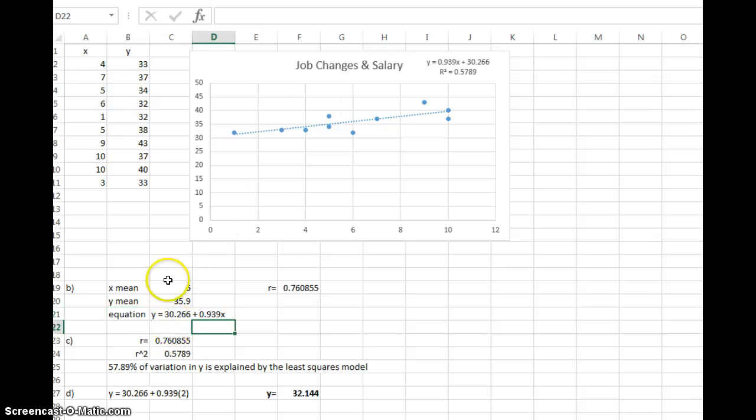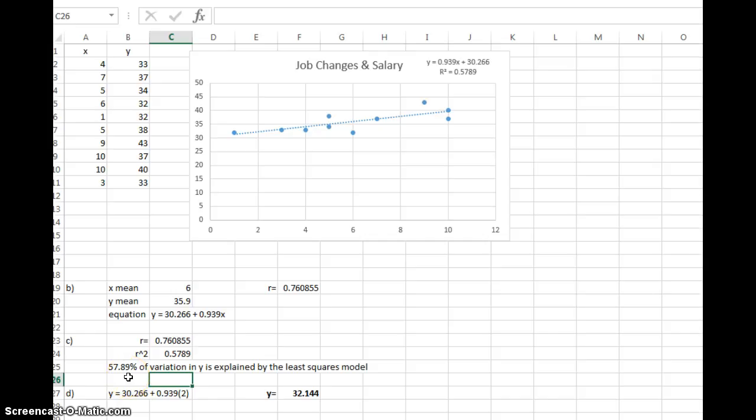For part C, the sample correlation coefficient is R. Now, Excel told us R squared, so just take the square root of that number, which is what I've typed in here, square root of 0.5789, and you get R. And then the coefficient of determination, we already had that pop up. And for the last part of C,